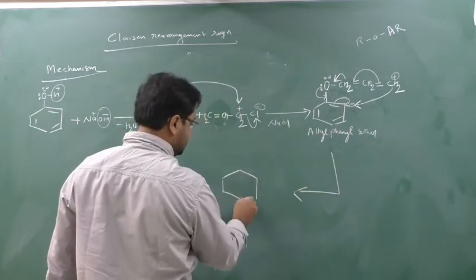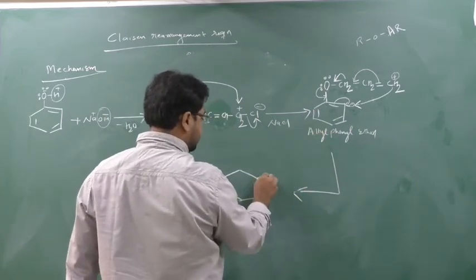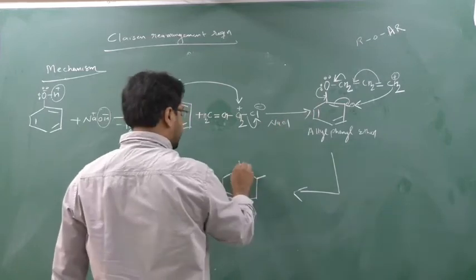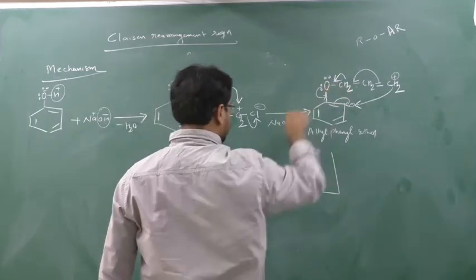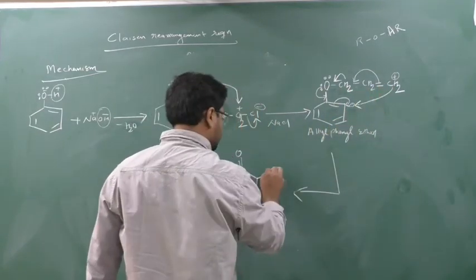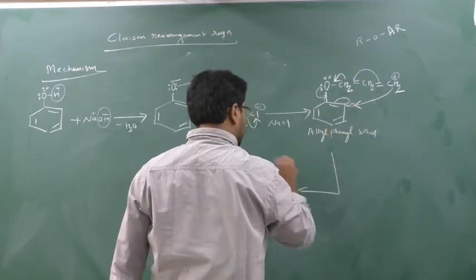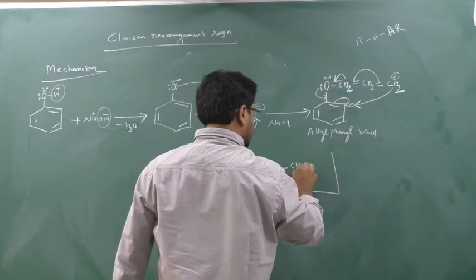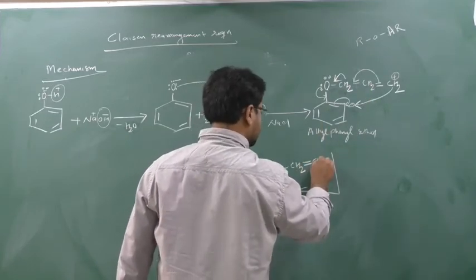First we will see the changes. This pi bond will get broken and here a bond will take place. This oxygen will create a double bond here, O, and this bond is breaking. This bond is breaking, so here the bond has gone. Now this minus will react with what? This CH2. Now this CH2, there was a double bond, now there is a single bond with CH2. Now this double bond shifts here, so there is a double bond here with CH2.